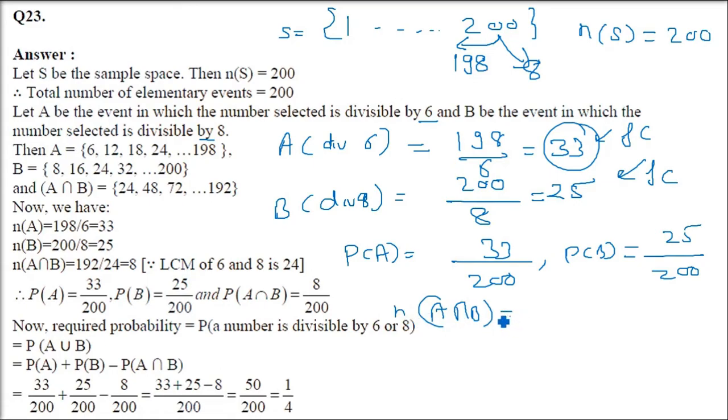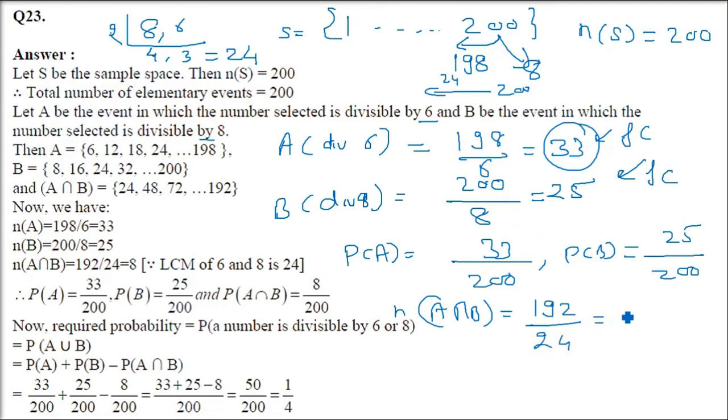Number of elements, first of all let us find out. Now you see here the number which is divisible by 8 and 6 both. So first let us find out the LCM of 6 and 8. 2 4s are 8, 2 3s are 6. What do you get? 4 3s are 12, 12 2s are 24. So 24 is the LCM of 8 and 6. Now take the number 200 and go backwards to find a number which is divisible by 24. So the first number you will get is 192.